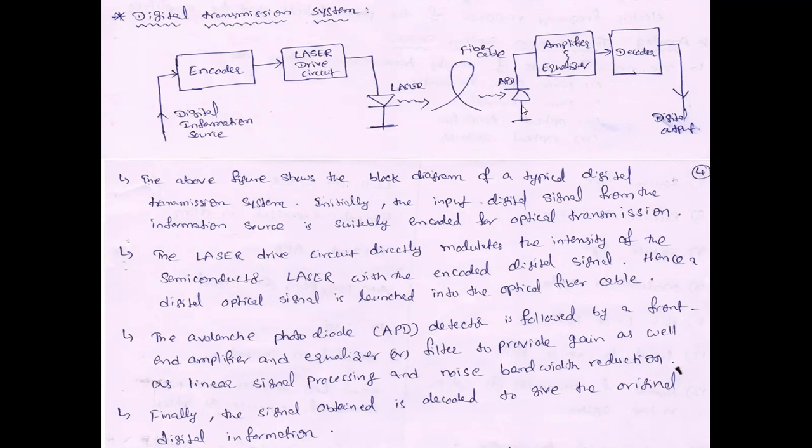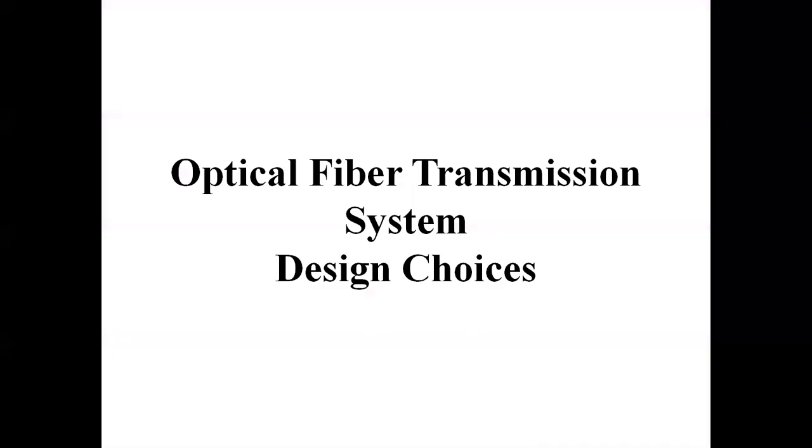On the receiving side, the first stage is the APD, avalanche photodiode, or a pin diode, whichever is taken depending upon the application. This is the photodetector stage, which converts optical back to electrical. Then it goes to the amplifier and equalizer stage, which increases the strength of the signal and equalizes the pulse amplitudes, and then decoding. In the transmitter section we are encoding; here it is for decoding. Finally we get the digital output, which is 1010. The transmitting section uses encoding and the receiving section uses decoding. This is about the digital transmission system.